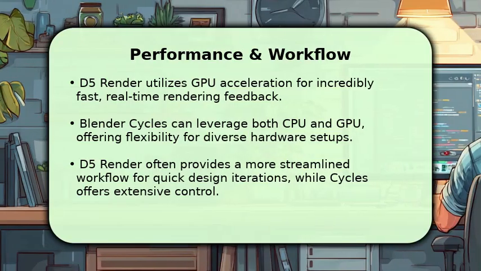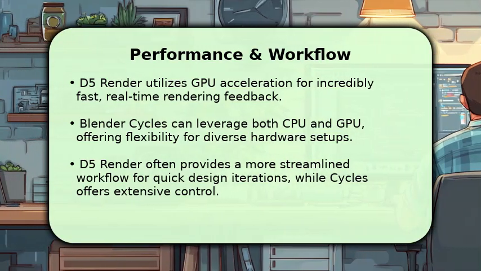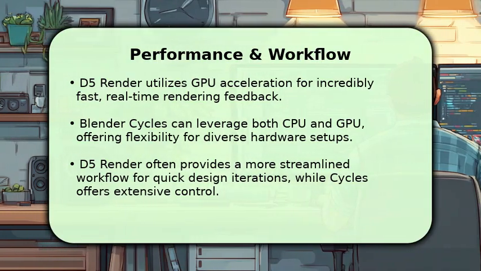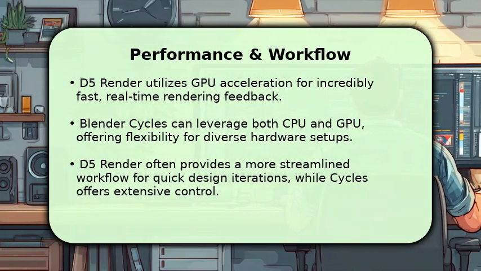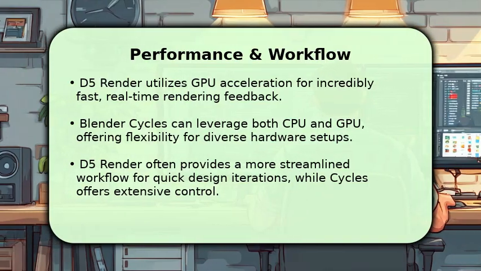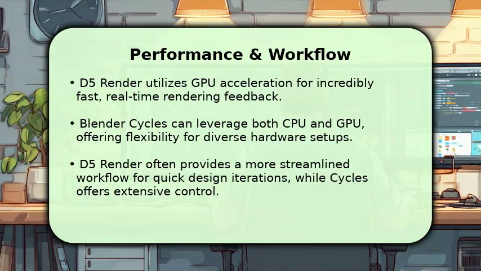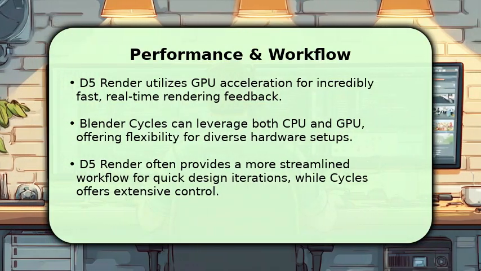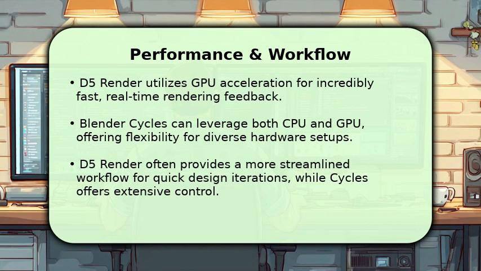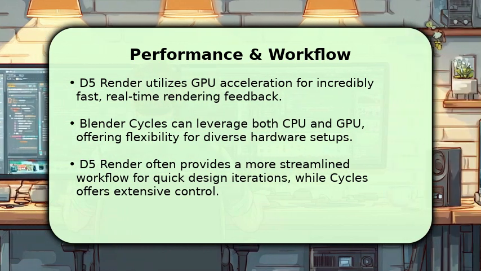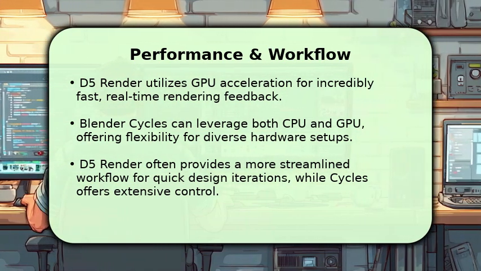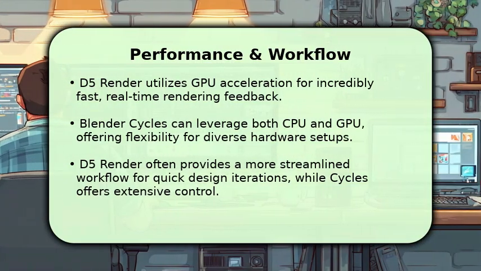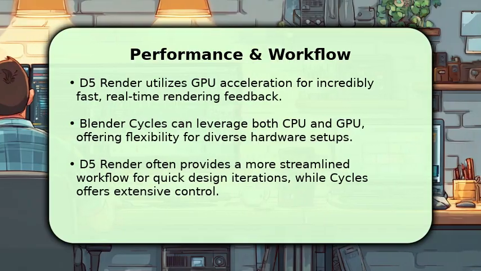When it comes to performance, D5 Render leverages GPU acceleration for incredibly fast, real-time feedback, allowing for quick design iterations. Its workflow is streamlined, often requiring fewer steps to achieve high-quality results. Blender Cycles, while also GPU accelerated, can utilize both CPU and GPU, offering flexibility for larger, more intricate scenes. Its rendering times can be longer, but it provides extensive control over every aspect of the render, catering to users